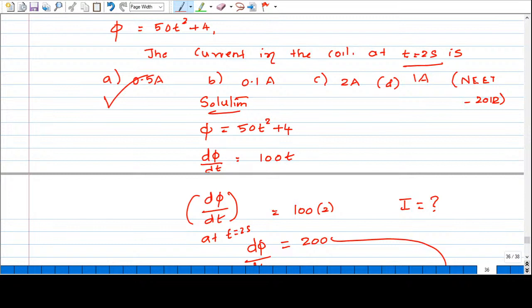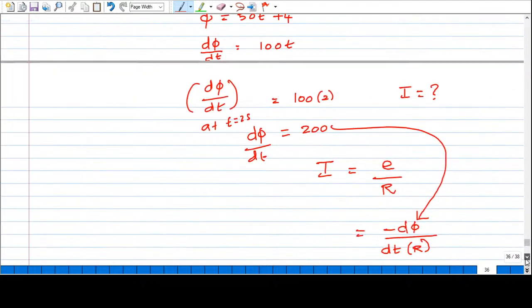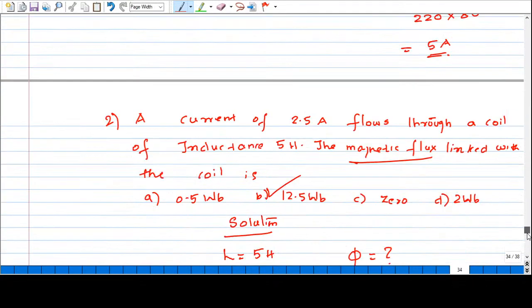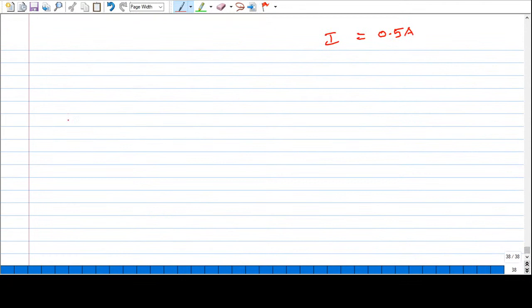So it is a very important sum, and we are going for the last and final sum of today's session. So let us go for this model. A long solenoid, the last question. We already finished 3 important questions in this model. The question number 4, a long solenoid